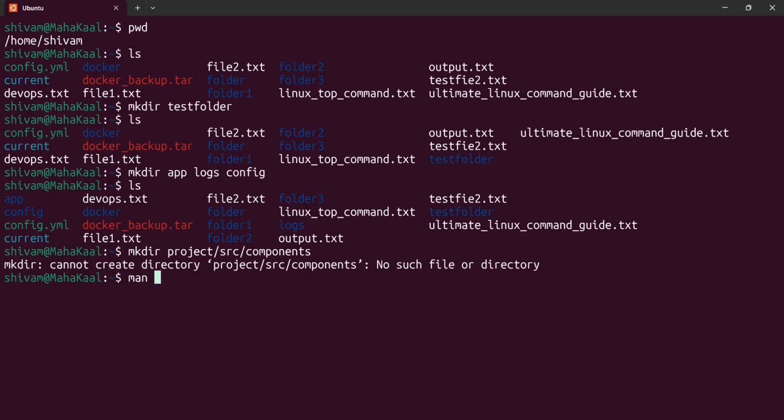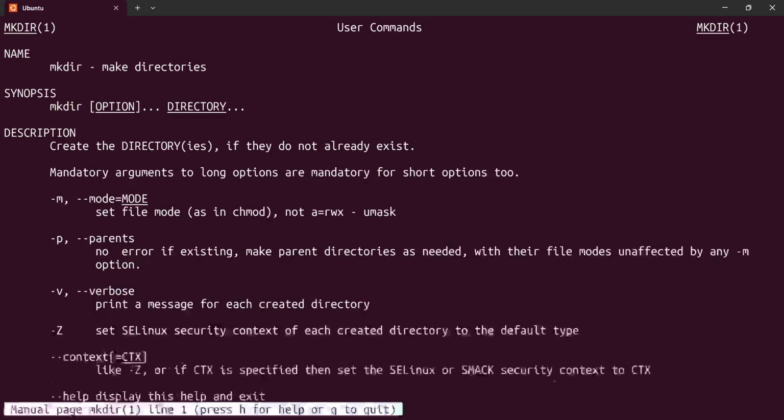To access the manual of any command, write man and then the command. When we go inside the manual for mkdir, it states that it's used to create directories. You give the option. Let's say we want to create a parent directory, then we give the hyphen p option, and you can create one directory or multiple directories. Dot dot dot means you can create more than one directory as well,